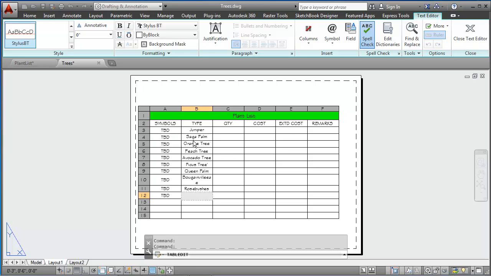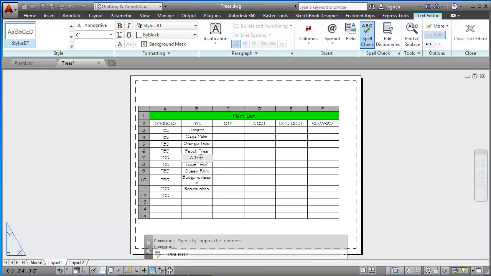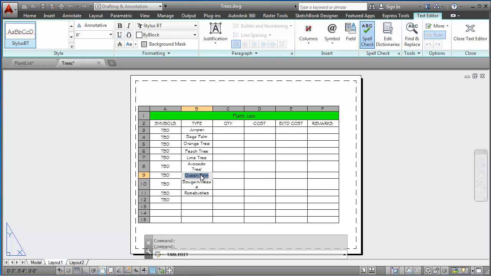I've got juniper, sagapalm, orange tree, peach tree. I forgot the lime tree here. The lime tree. So let me go in and edit this. This will be my lime tree. This will be my avocado tree. This will be my ficus tree, and you can see how easy it is to edit these just by double-clicking on them. This will be my queen palm, my bougainvillea,